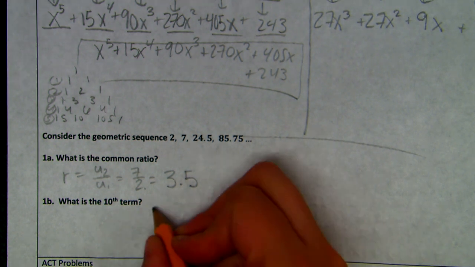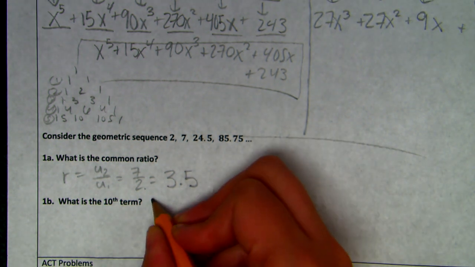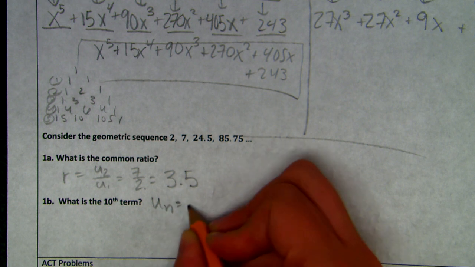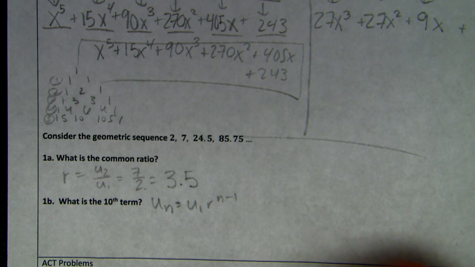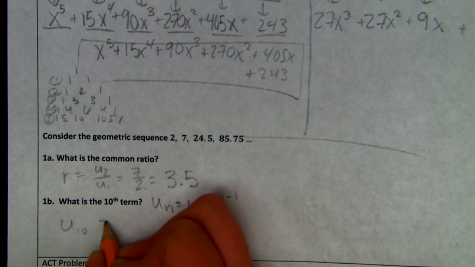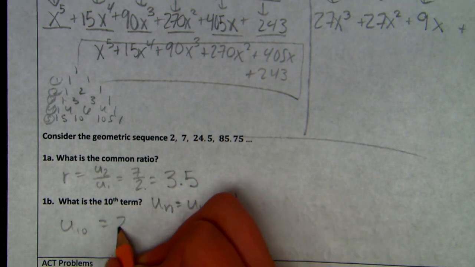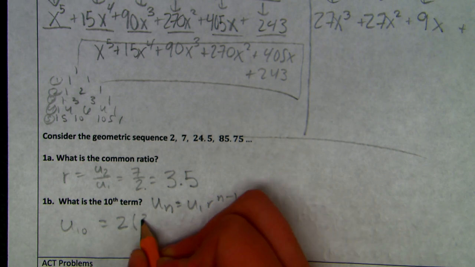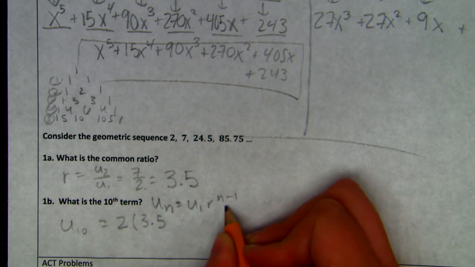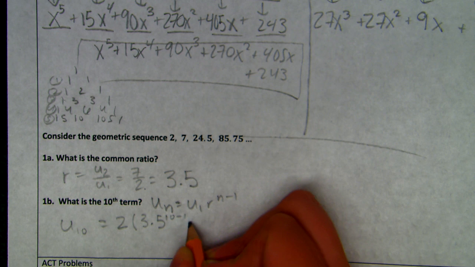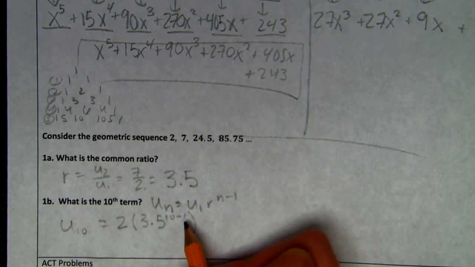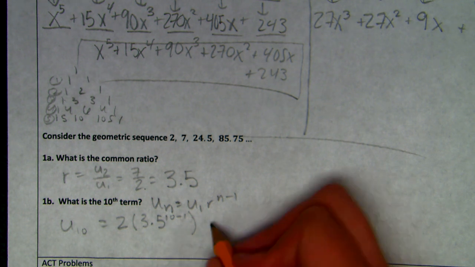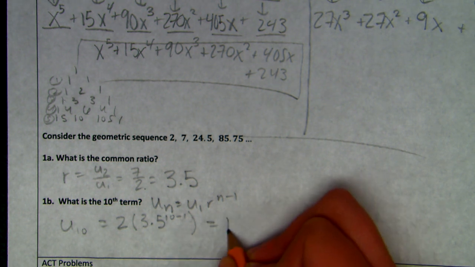What is the 10th term? We haven't done geometric series yet, or sequences yet. So u_n equals u_1 r to the n minus 1. Remember that the minus 1 is in the exponent. So the 10th term is going to equal our first term, which is 2, times r, which we know is 3.5, to the n minus 1. We're looking for the 10th term, so 3.5 to the 10 minus 1, which is going to be 3.5 to the 9th. So 2 times 3.5 to the 9th, if we put that into our calculator, will give us